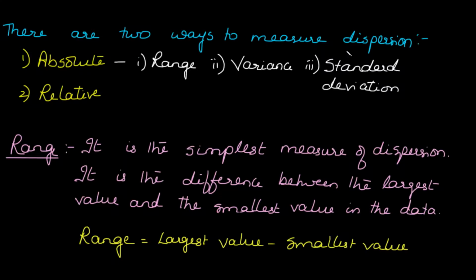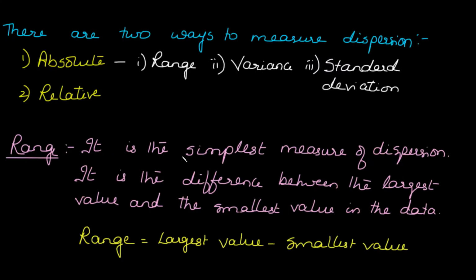There are two ways to measure dispersion. The first one is the absolute measure of dispersion, which has some unit to the answer which is obtained. Absolute measure is in the form of range, variance, and standard deviation. Relative measure of dispersion is a second method wherein it is more of a comparison between two or more sets of data. Now in this chapter, we are only going to learn about the absolute measures of dispersion, namely range, variance, and standard deviation. So we begin with range.